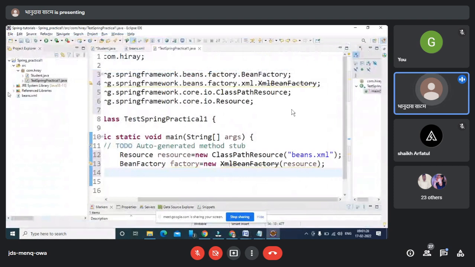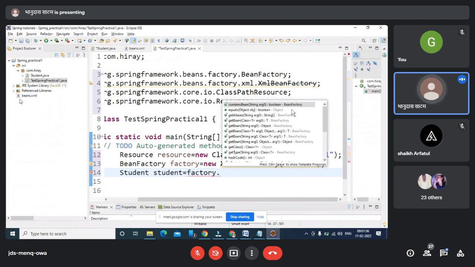Even though my university is telling me to take this kind of example, here we are using a factory, and I'm creating my XML resource. I'm using a student object, and I'm calling the bean factory.